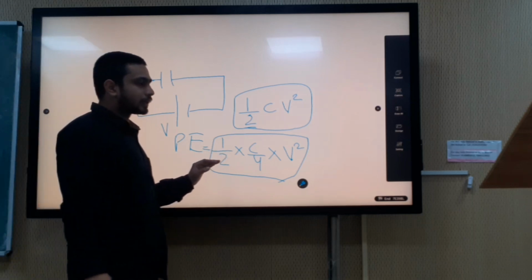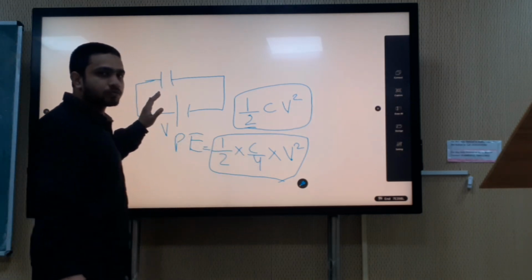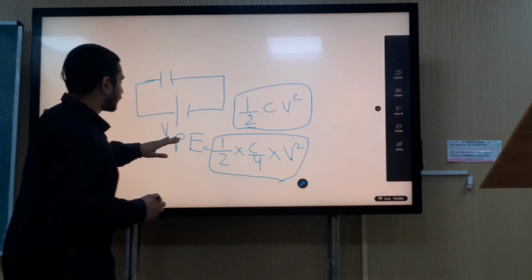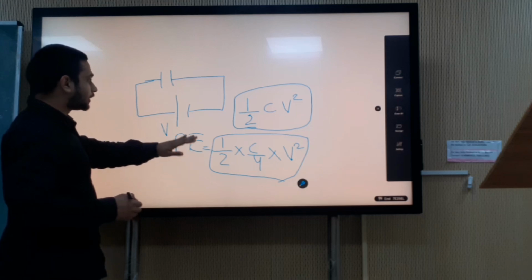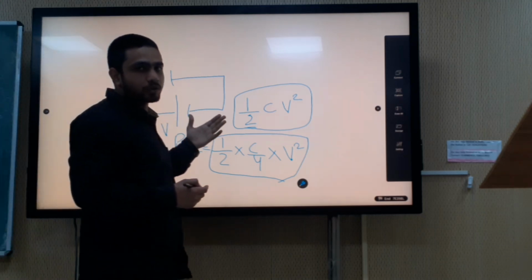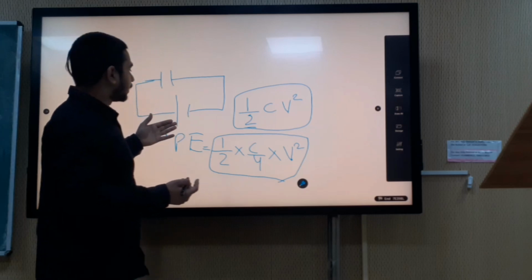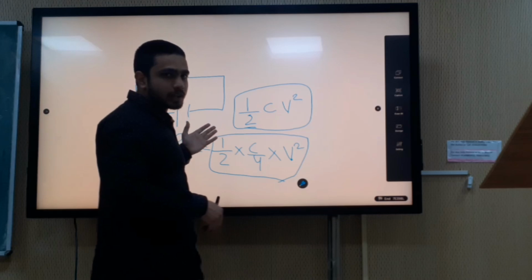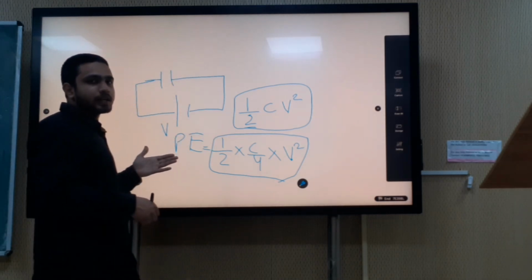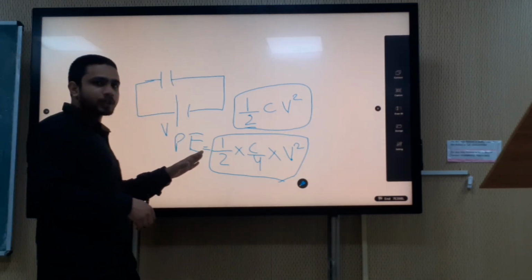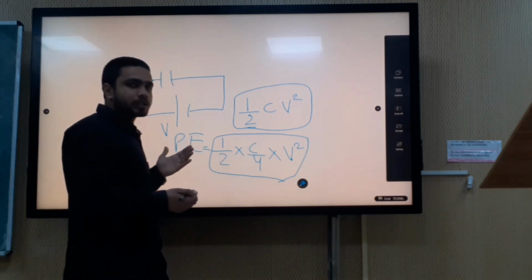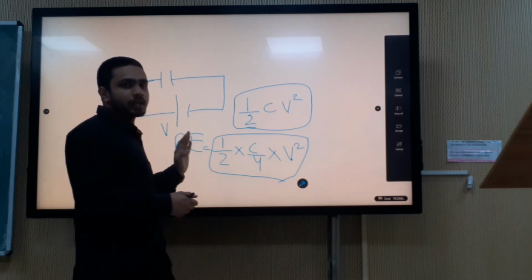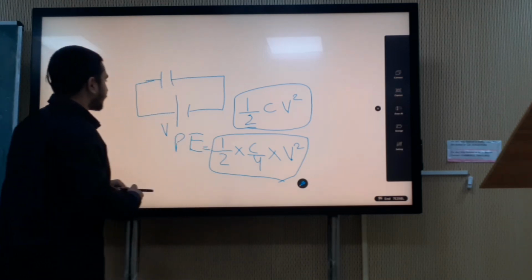So like this we have to remember what the potential energy is in the case of a capacitor. Like this we can easily find the potential energy of the system, or if it is asked, the energy of the system. It is inherent that it is asking the potential energy of the system. The energy of the capacitor system is the potential energy of the system. No other energy is there. Don't get confused by other energies. Only the potential energy is asked. Like this we can solve.